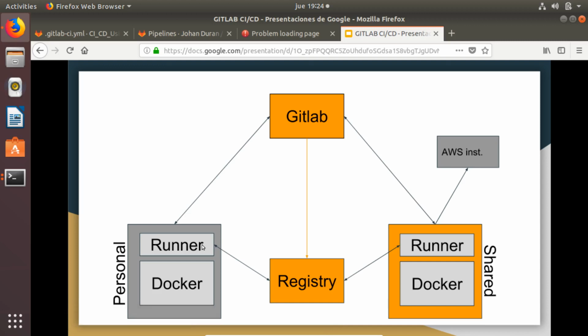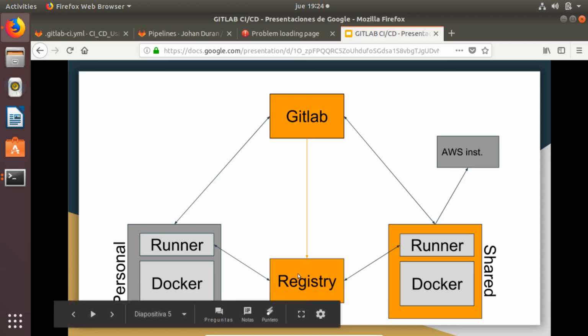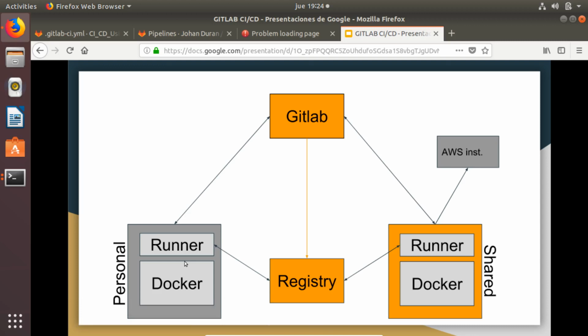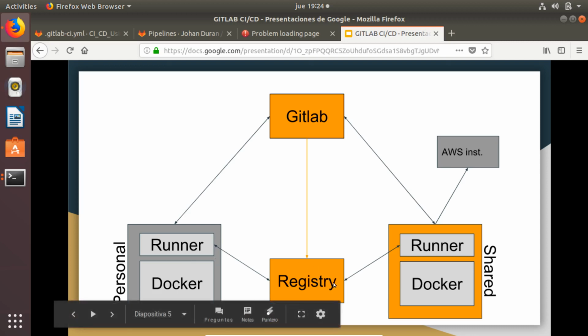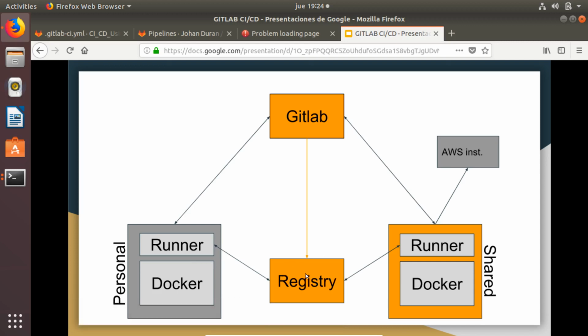In this case we are going to build a Docker image. We are going to push that image to the GitLab registry. Then in another stage we pull back that image wherever we want. Maybe we are going to use the image in the same machine, or maybe it is going to be used by another person. First we build, then we push, and finally we bring it back just to run some testing, but we will have a completely functional image in the registry, and it can be used by anybody that requires